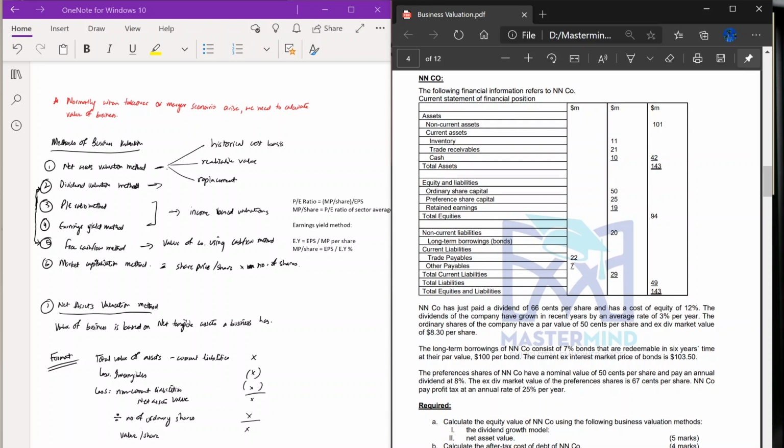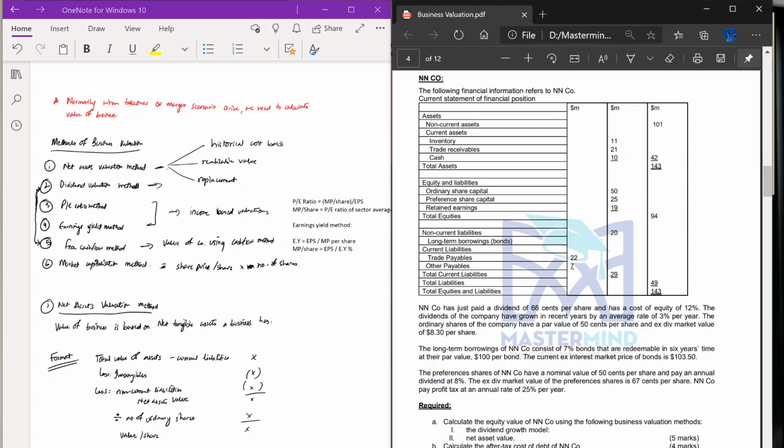They have given you the balance sheet and it says NN company has just paid a dividend of 66 cents per share and has a cost of equity of 12%. The dividends have grown in recent years by an average rate of 3% per year. The ordinary shares have a par value of 50 cents per share and an ex-dividend market price of $8.3 per share. The long-term borrowings consist of 7% bonds that are redeemable in 6 years' time, at their par value of $100 per bond,